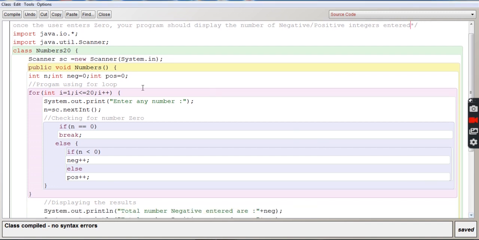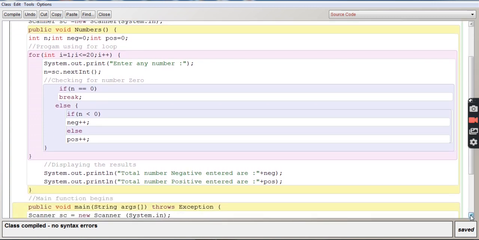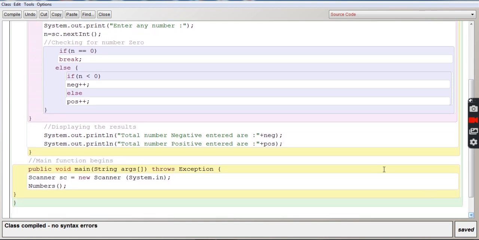The command lines are already here and the name of the class is already here. But as you know well, the program will always start from the main function, which is over here: public static void main string args throws exception. The program will search for the main function, and once it is found, the program gets executed from there only. So this is the main function.